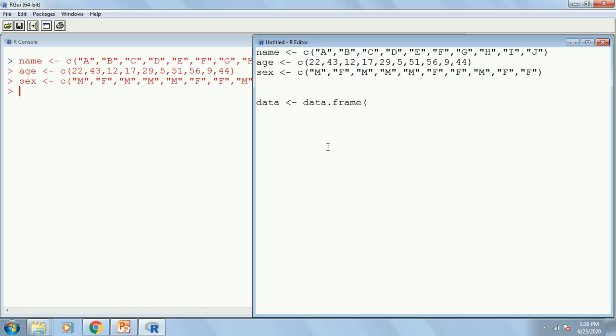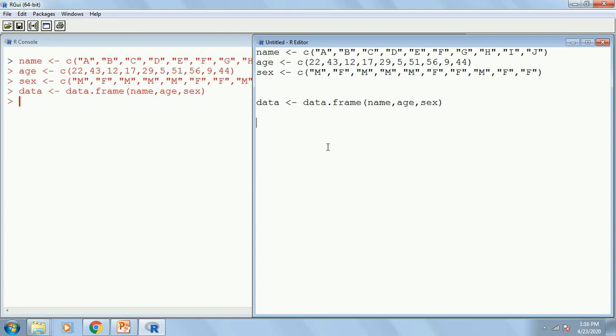If any one of you do not follow how to create a data frame, please refer to my previous video, where I showed you how to create one. People who already know that will be able to understand. Then I will write name, age and sex.